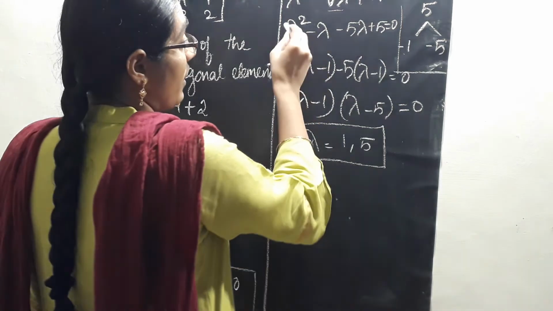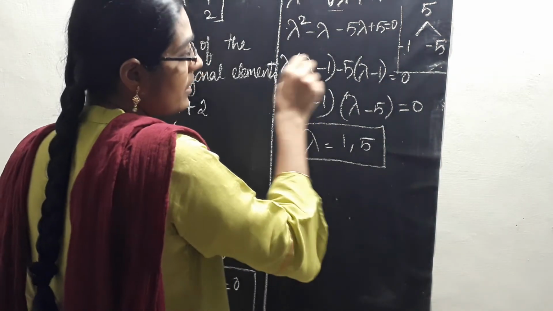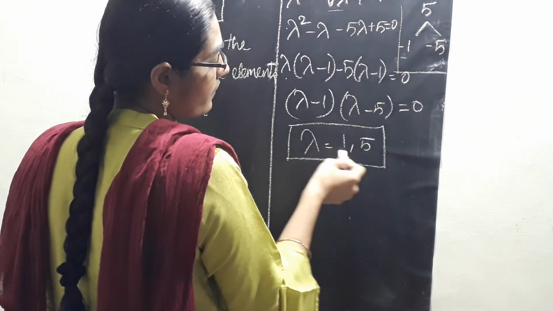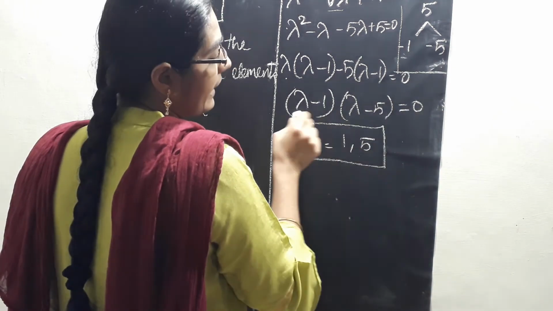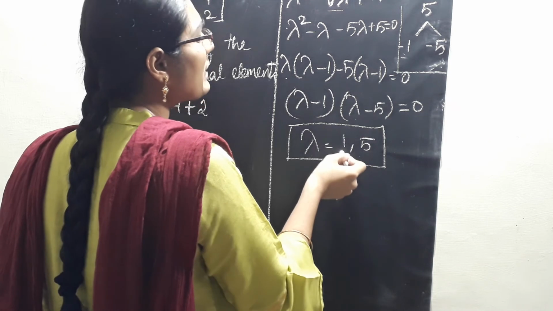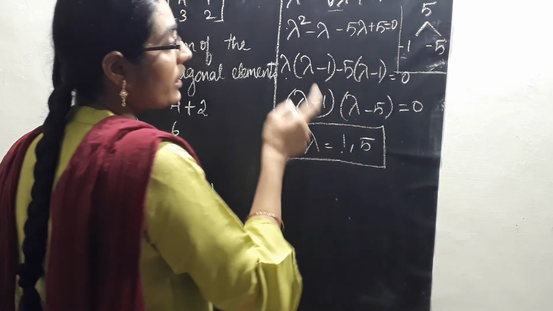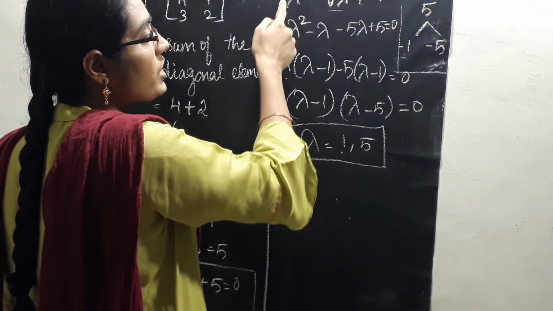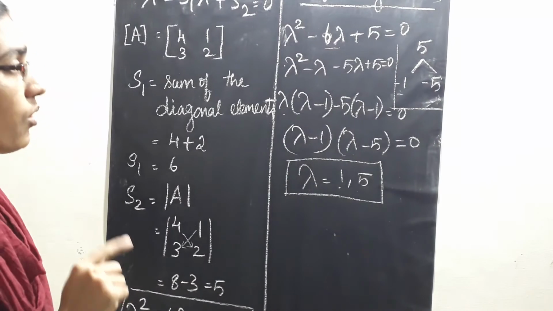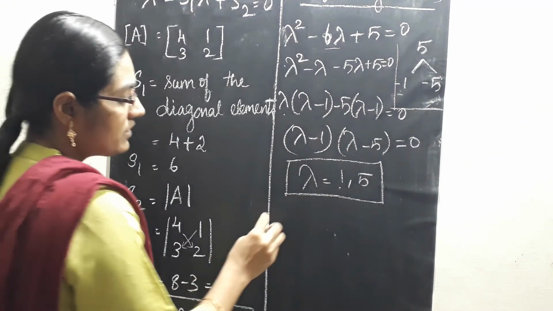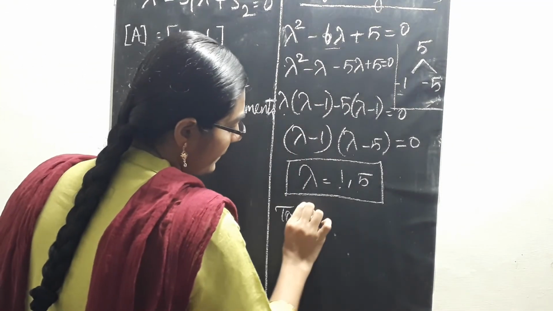eigenvalues. If you want, you can do these steps, or you can simply, the roots what you are getting here, if you equate it, if you write like this, you will get the eigenvalues. But this direct thing you can use only when the coefficient of lambda square is 1, or else you need to do these steps. The next thing is to find